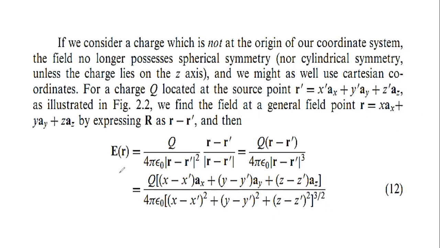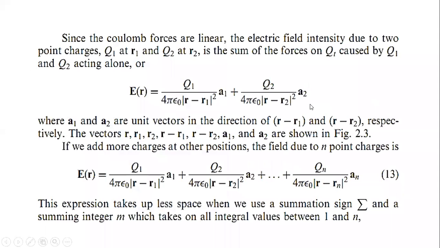Now we know that the Coulomb forces are linear. So if we have a number of charges, the electric field intensity due to 2 point charges q1 and q2 is the sum of the forces on qt, the test charge, caused by q1 and q2 acting alone. So E at r will be equal to q1 divided by 4 pi epsilon naught |r minus r1| square a1 plus q2 divided by 4 pi epsilon naught |r minus r2| square a2. Similarly, if we have n number of charges, E at r will be equal to,